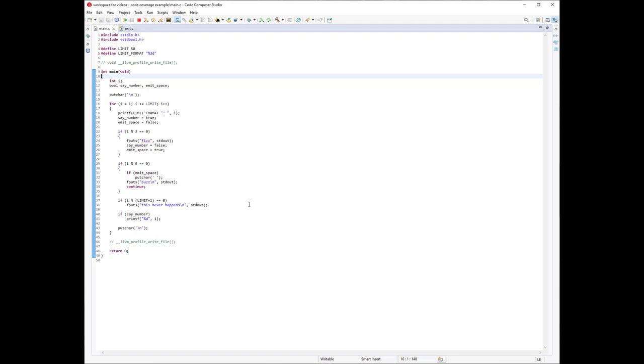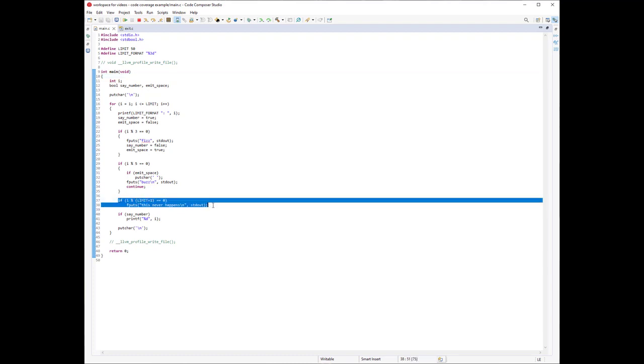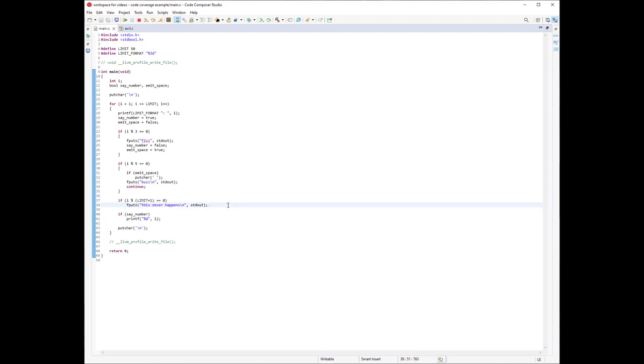The only other thing I want to point out at this point is this, which is something that I introduced purely to show something that never executes during the program. So this is the CCS project that we're going to be working with for a little while here, and I just wanted to do a basic introduction of what the program is before we start getting into the code coverage aspects of it.